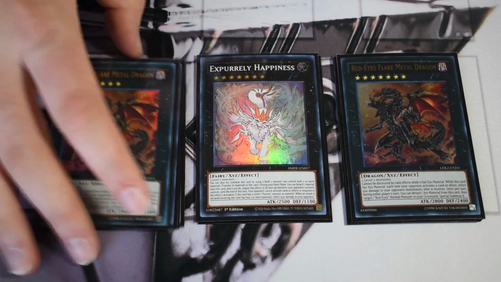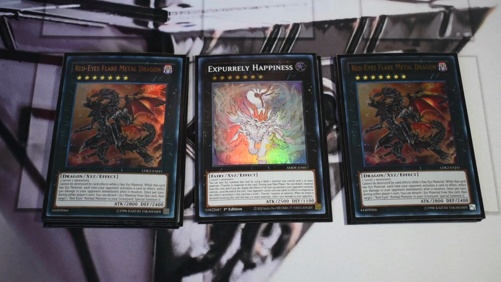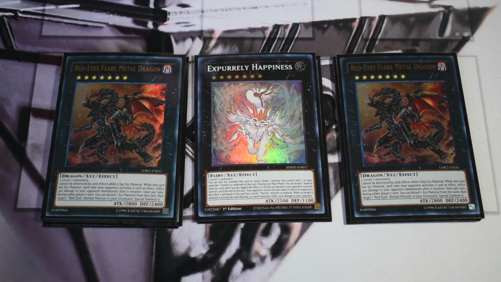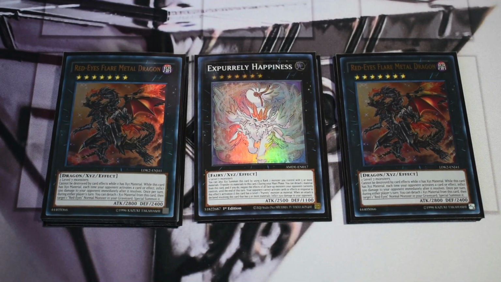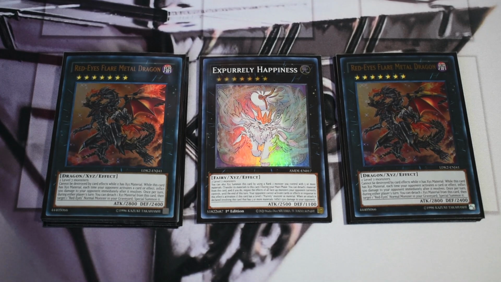This guy is here strictly mainly for time. Having that insane out is just really powerful. This is a little bit interesting. It's like a skill drain pseudo, but a little bit worse. They can obviously respond to it. You're not playing Pearlies, so they can respond to this, but it helps in really niche situations when decks make